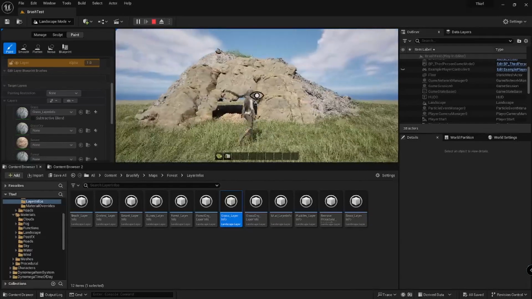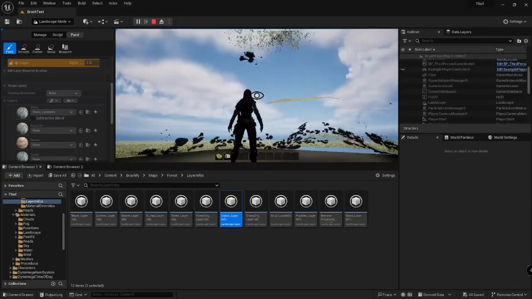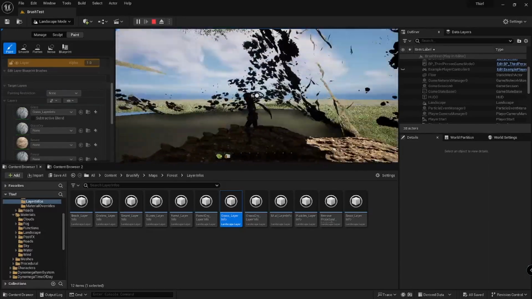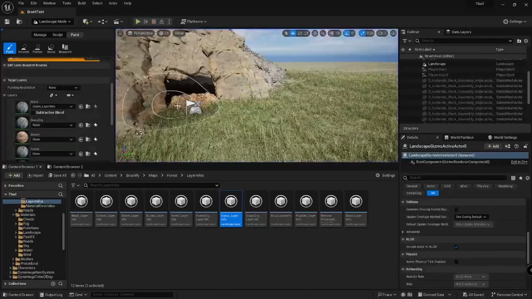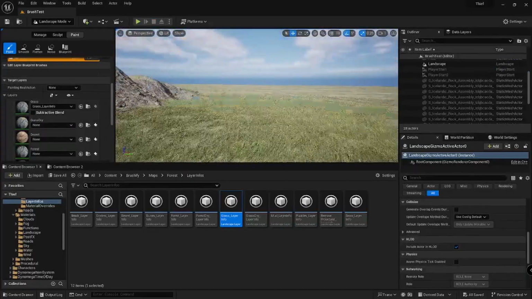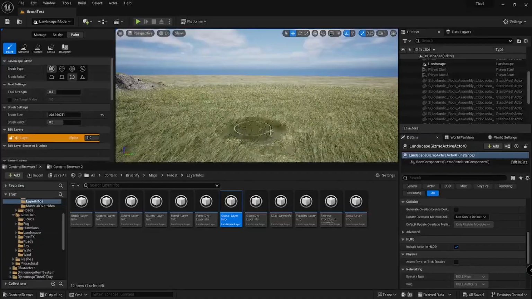So as you see, I cut a hole in the landscape, trying to make it kind of look like a cave, and I'm able to walk through it. Okay, so this will be a pretty quick solution here. So the main thing